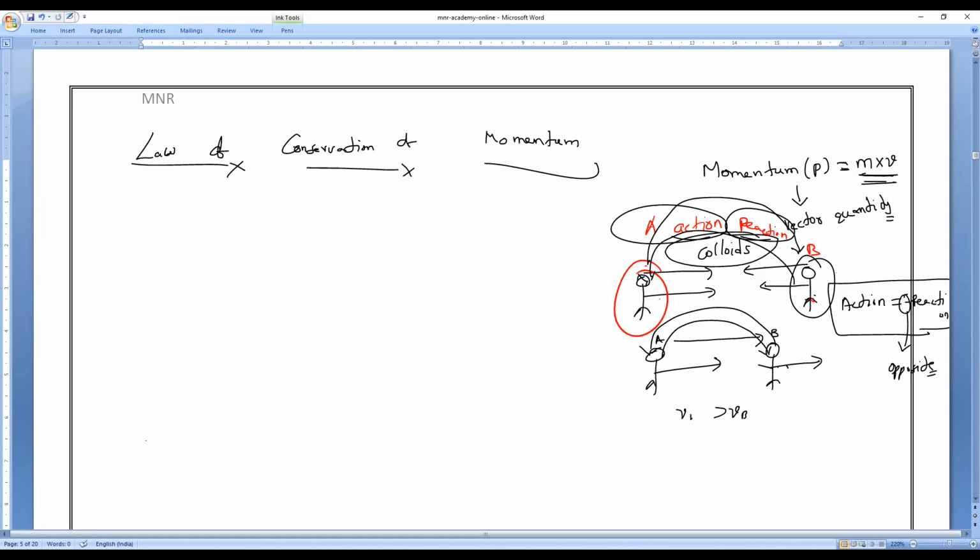So if you understand that point, then we'll go with the heading called verification of law of